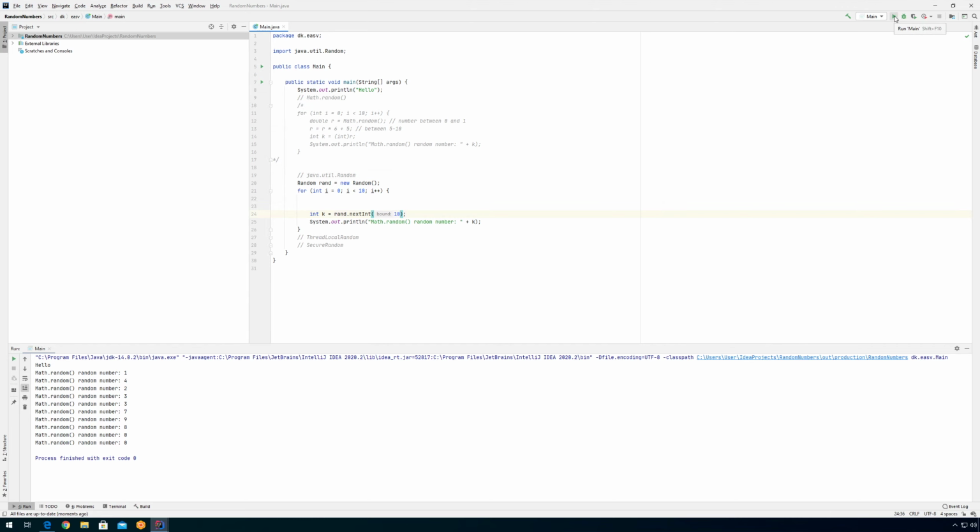Not even a 9 yet. Oh, there's one 9 here, but we won't get 10. So we need to add one more if we want from 0 to 10. We need to go and add one more here. And still, if we wanted to go from a lower bound or something like that, there isn't anything for that